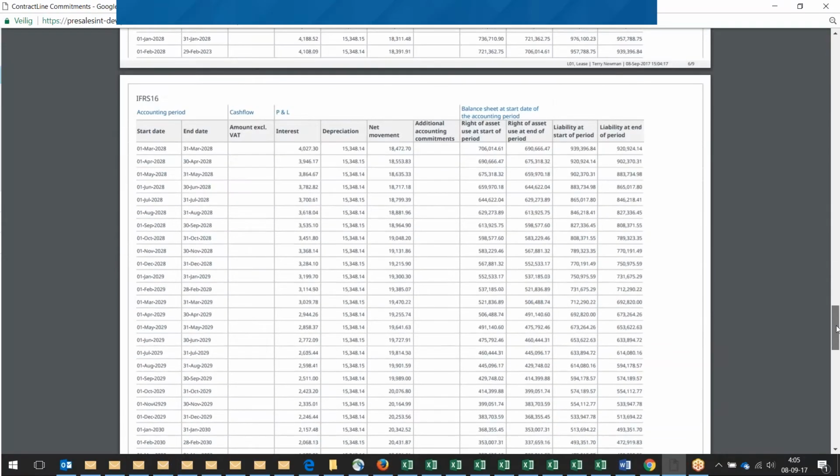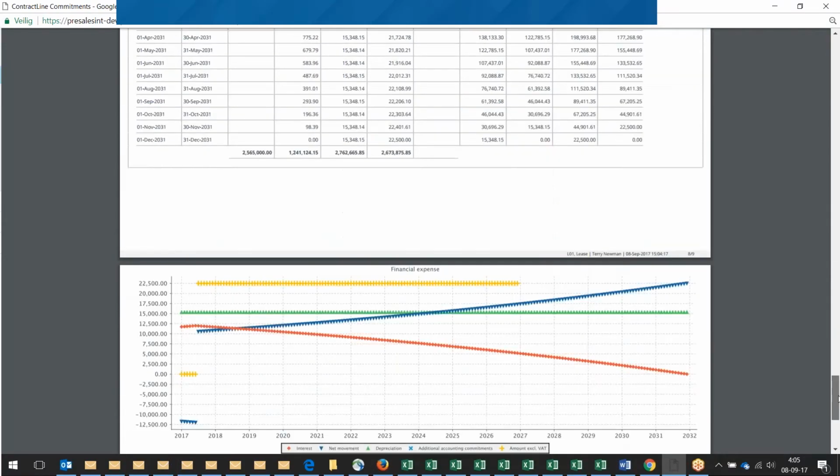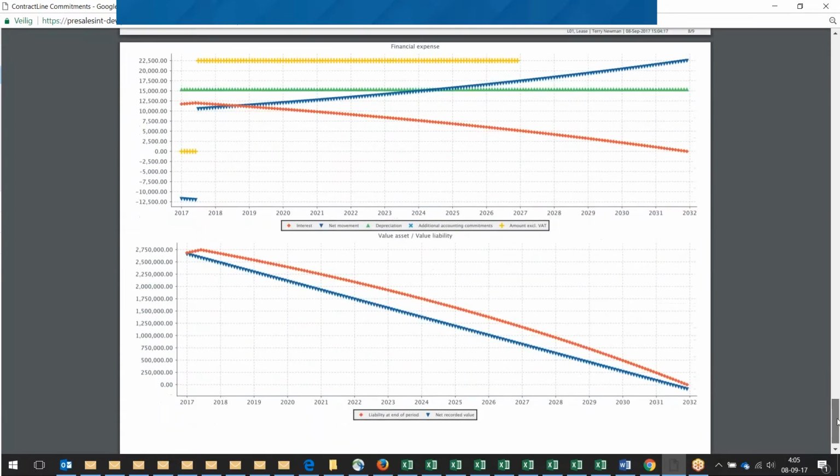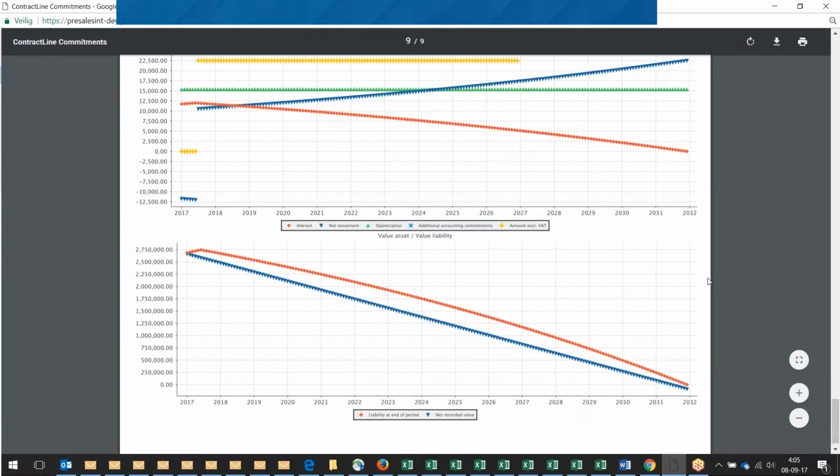You can decide to have the extension period, the renewal period also on the report. In this report we decided to leave it out because the option hasn't been applied yet. But the calculation continues because the option is reasonably certain. In the end of the contract, after 15 years, we include with a graphical example of the situation, the rent-free period, the 10 years of payment, and of course for 15 years, the right of use and liability, including the